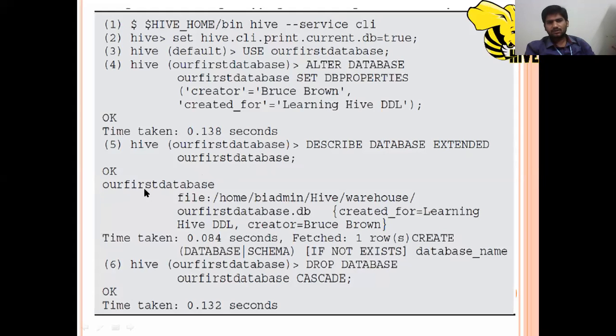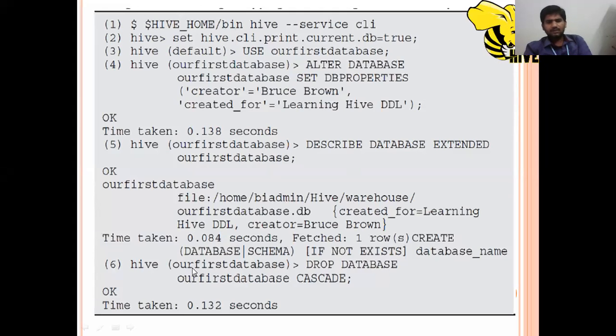It shows where our first database is available, under the home DB admin Hive warehouse directory. It contains the created-for information and the creator name, and that information is all shown here. Describe shows what data the database contains. The time taken is 0.084 seconds and one row was fetched.